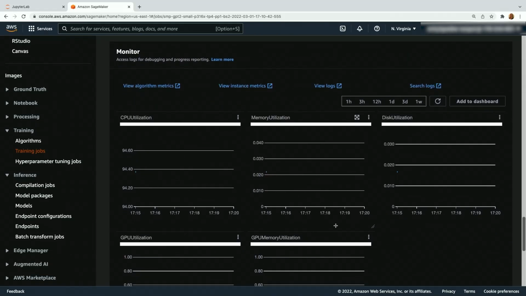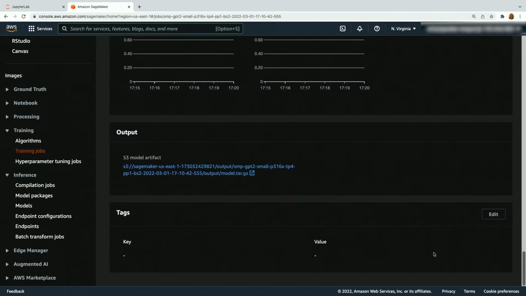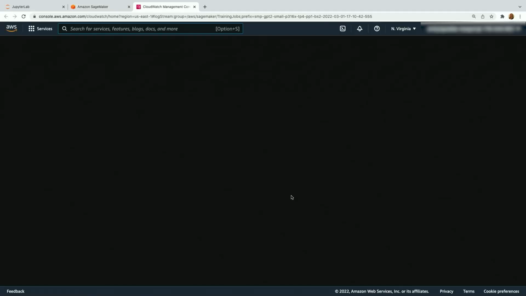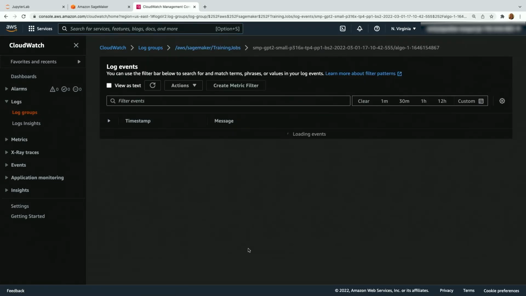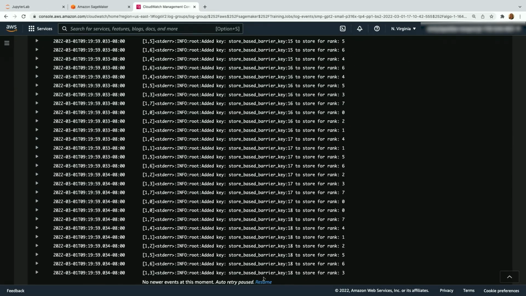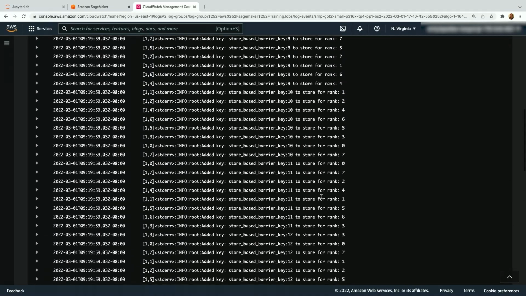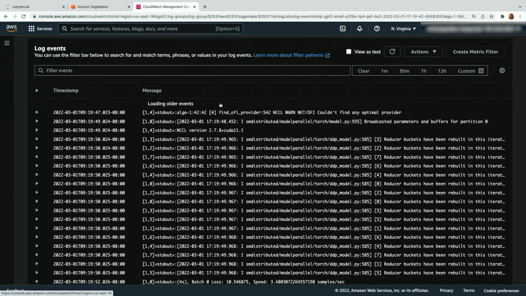And then my monitoring, again, this was a very small job that we ran. And you know what, let's actually just look at the logs. So when you're troubleshooting on SageMaker and trying to figure out why my training job did XYZ, definitely a really helpful step is just to open up CloudWatch. From that log readout, or from the metadata on your training job, you can click into CloudWatch, and then you can see the action. Basically, we can look at the logs for that specific job.